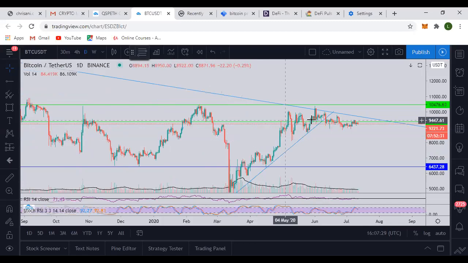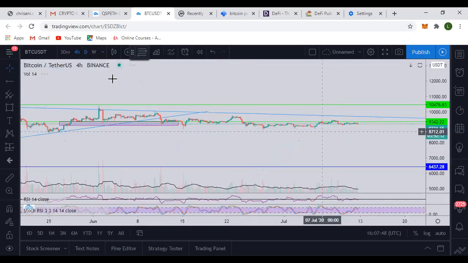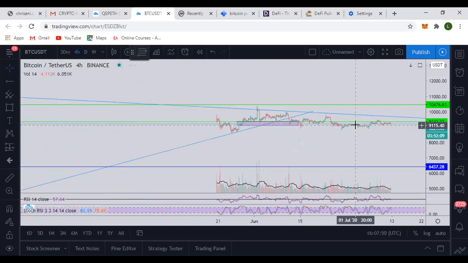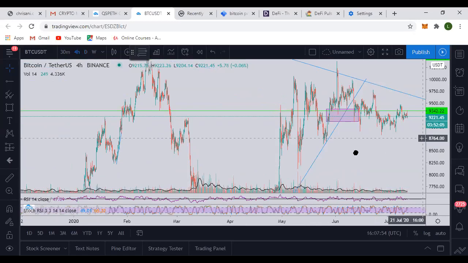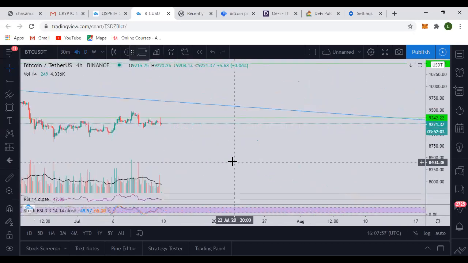Now, this is the daily. The next one I go for is the 4 hour. Even if I want to scalp, I still check from up to down, from the highest time frame to the lowest time frame, so that I'll know what to do. So after the daily, I go to the 4 hours. I like the 4 hours time frame so much. I don't know why, I just like the daily and the 4 hours time frame personally. So what's happening in the 4 hours time frame?